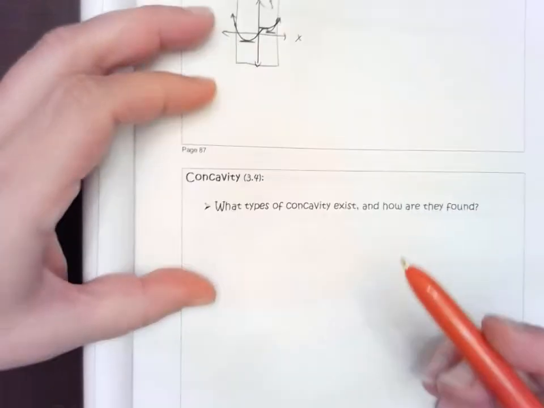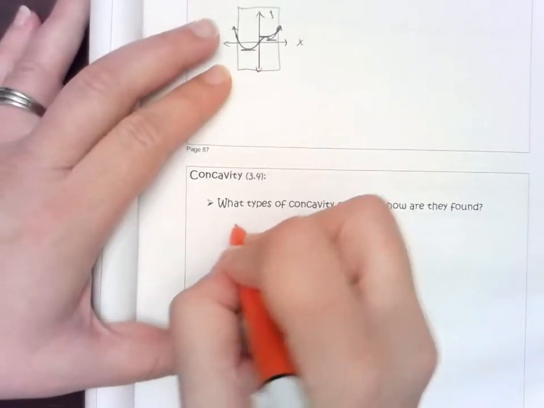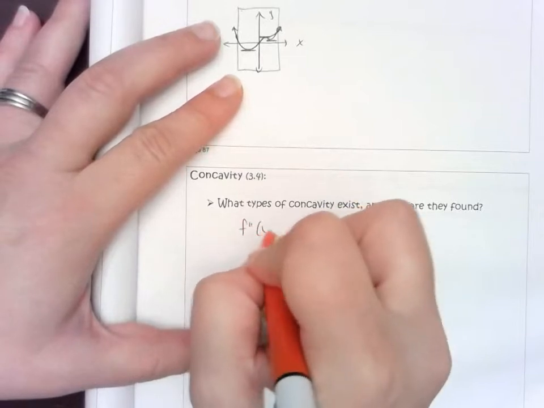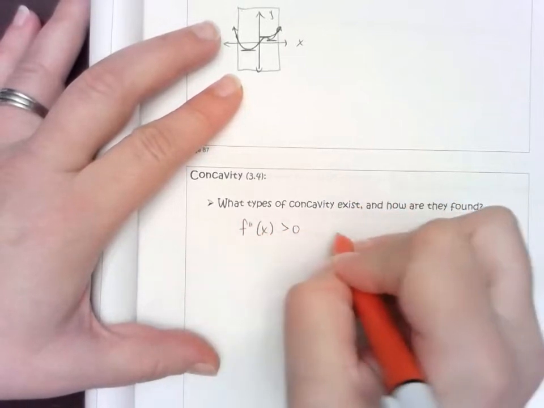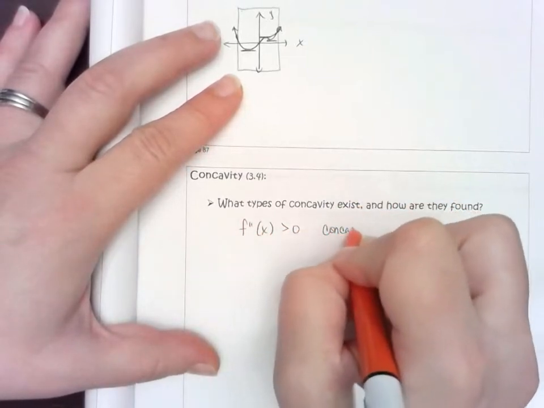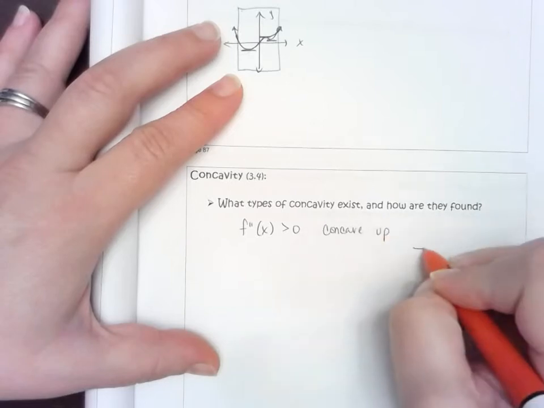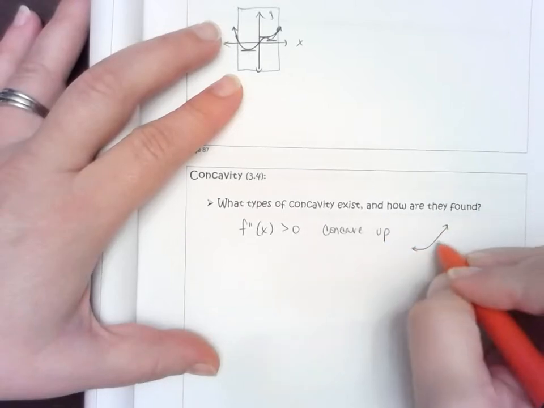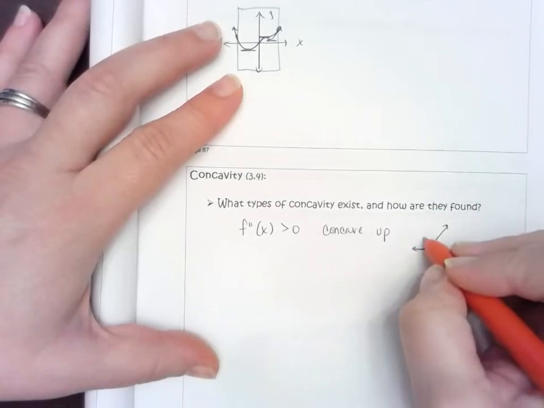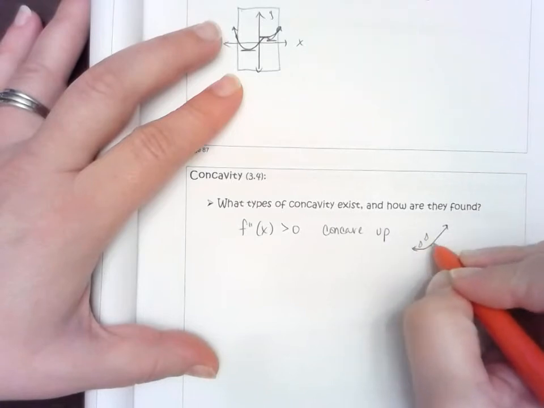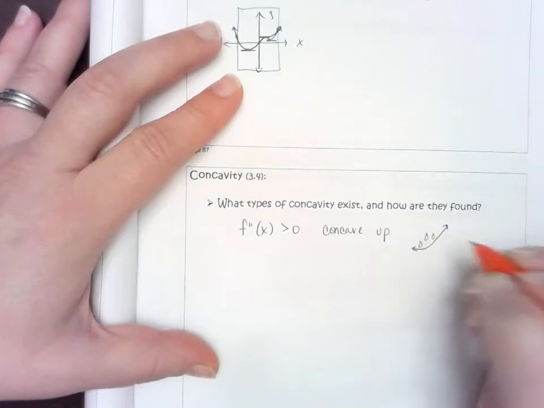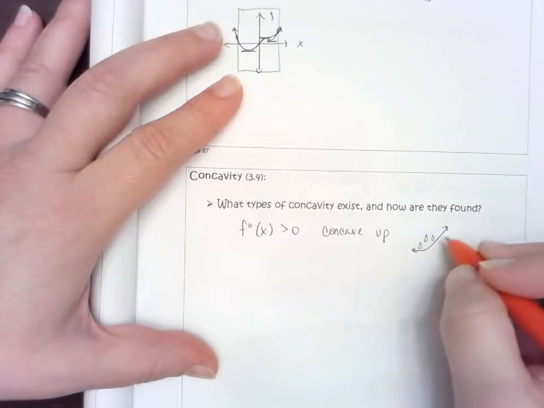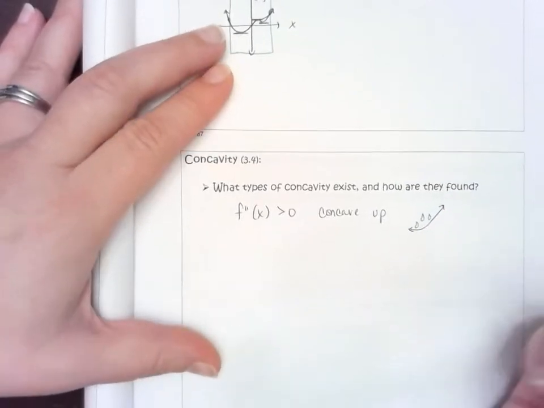What types of concavity exist and how are they found? We said this already. We have second derivative greater than 0 is concave up. You might see something that looks like this. Basically, if you're able to, the way I describe it in class, hold water. Obviously, you don't want a cup that looks like that, but if it can hold water, it would be considered